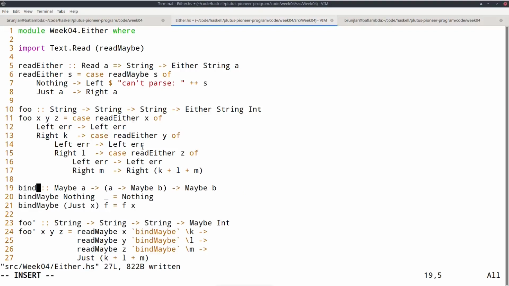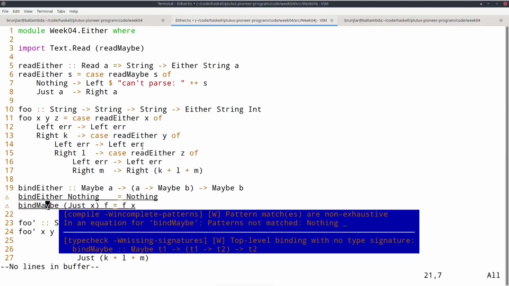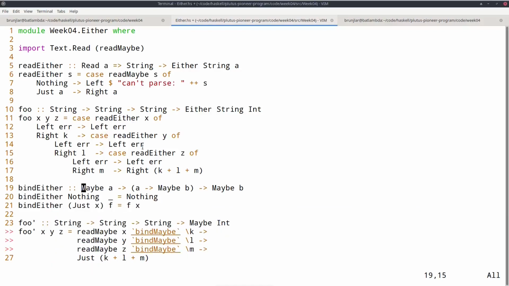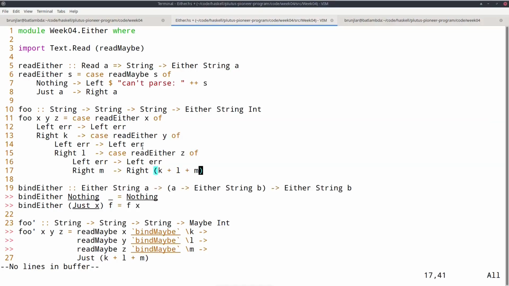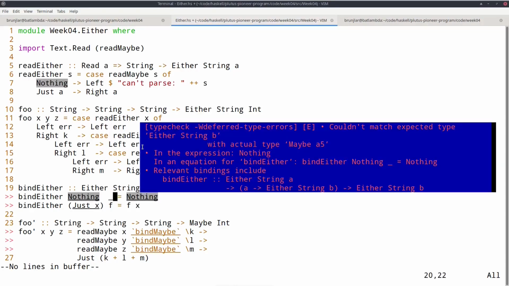So let's define a similar helper function that we call bindEither, where we replace each maybe with an either string, and now try to abstract away this pattern that we repeated 3 times here.